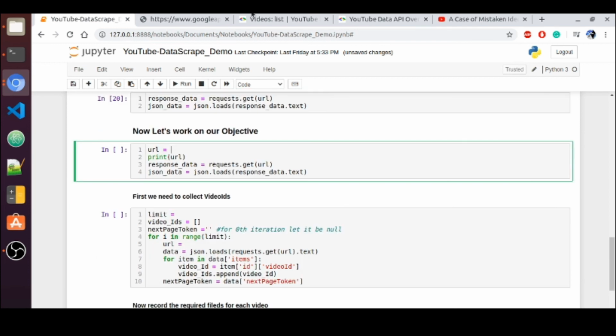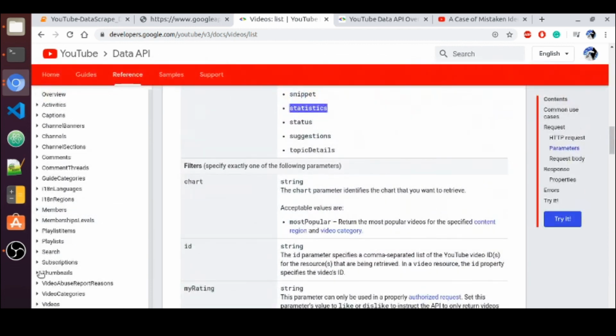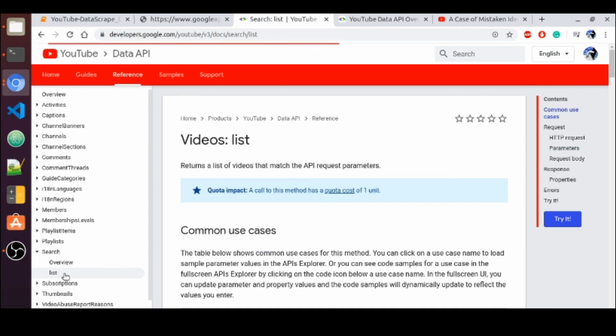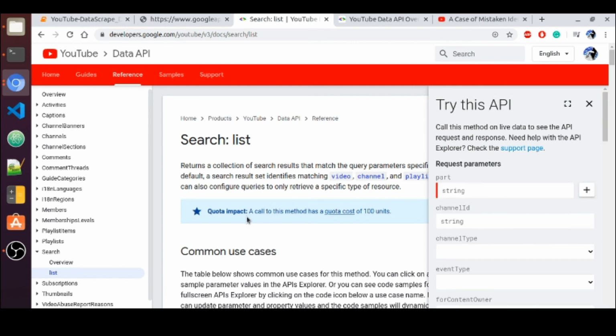Let's go back to our documents again, and here you can see something like the search operation. Let me click on list, because I'm going to explain how it is working, that's why I'm not clicking on overview. Here you can see that if you use this search operation, it will cost you around 100 units.